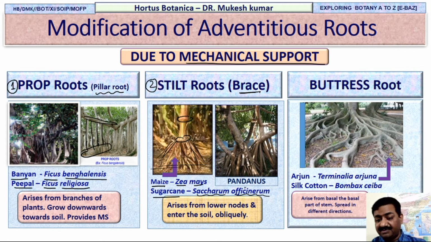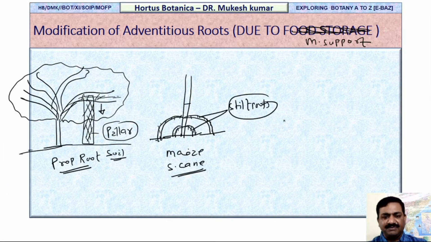Now what we find here is that such roots arise from lower nodes, enter the soil obliquely, and provide mechanical support. Very interestingly, we have Pandanus. I will explain to you. See the Pandanus. What happened in Pandanus? You will find here this is the structure. But you will find the lower